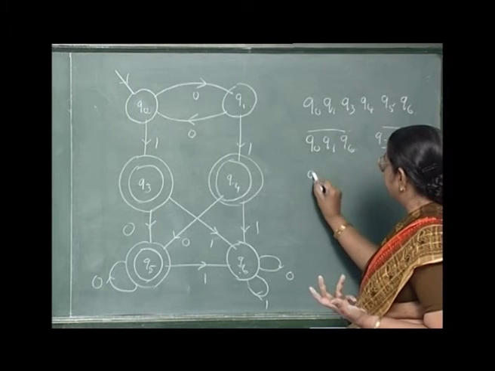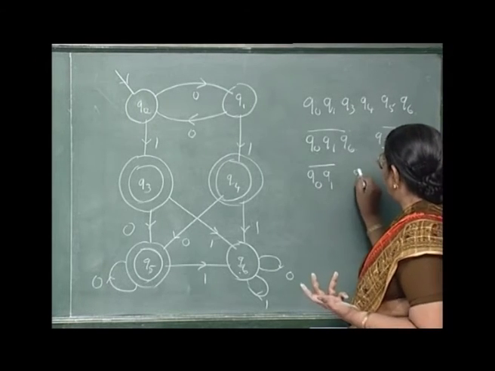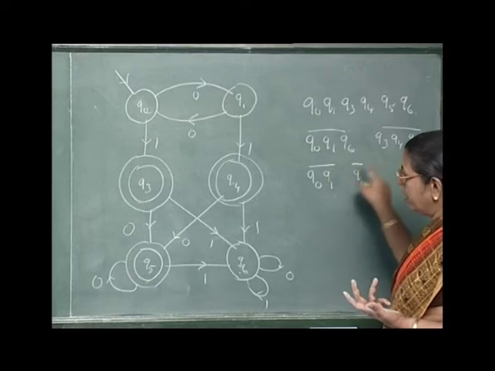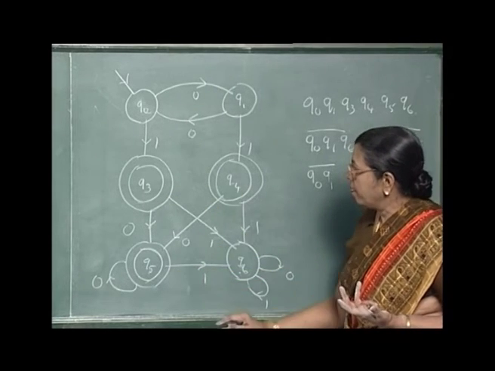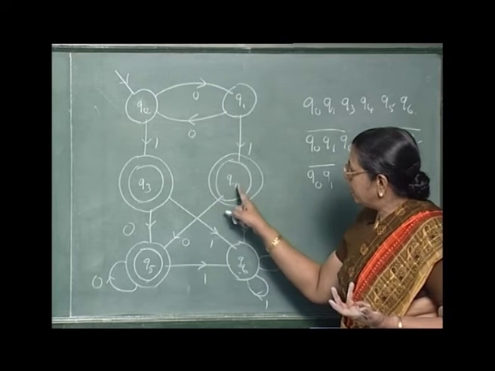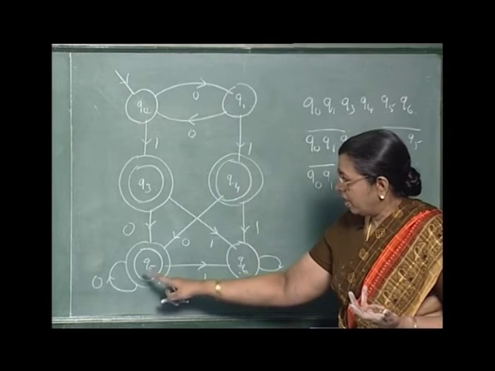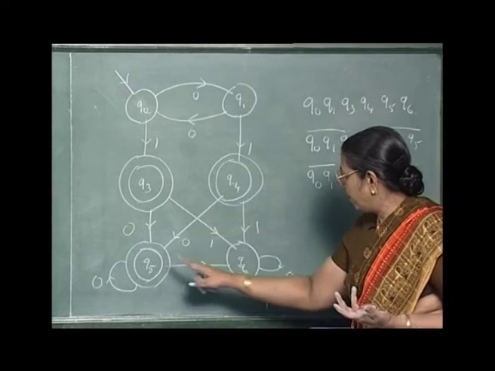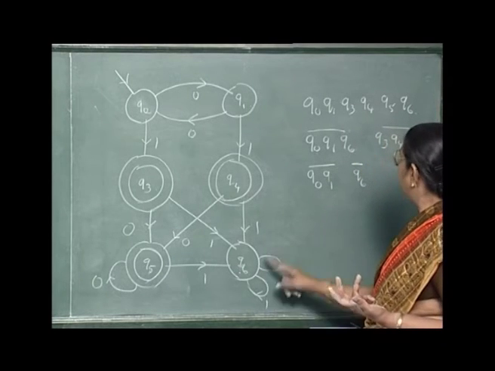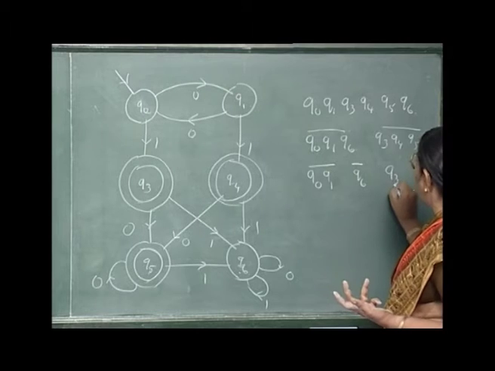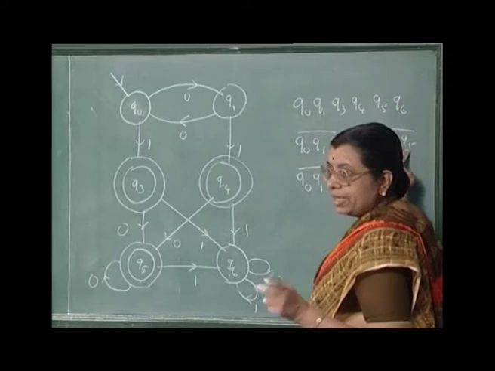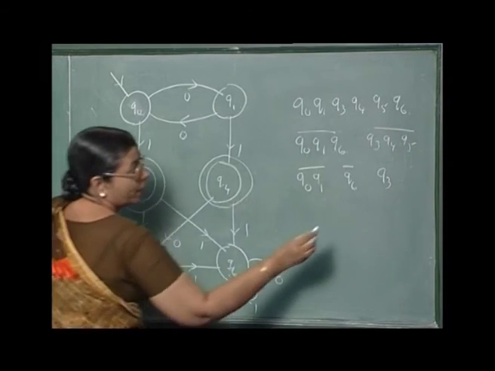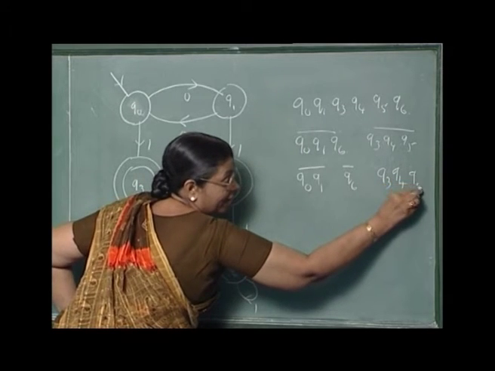So, you can split it like this, Q0, Q1 and Q6, and 1 is the distinguishing sequence. Now, look at Q3, Q4, Q5. What are the 0 successes? The 0 successes of Q3, Q4, Q5 are Q5 only. The 1 successes of Q3, Q4, Q5 are Q6. So, further split here is not possible. The 0 successes of all the 3 is a single state, the 1 successes are also a single state. So, you cannot split it further.